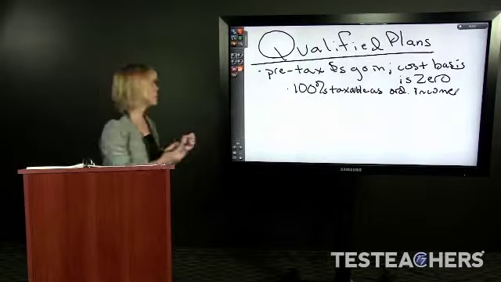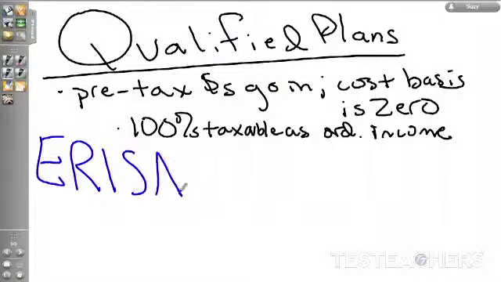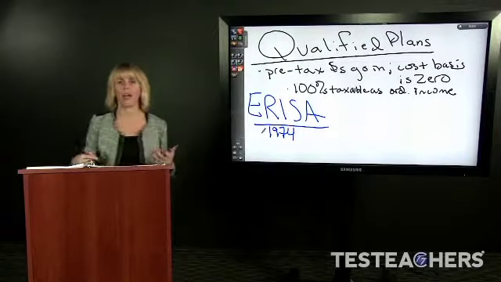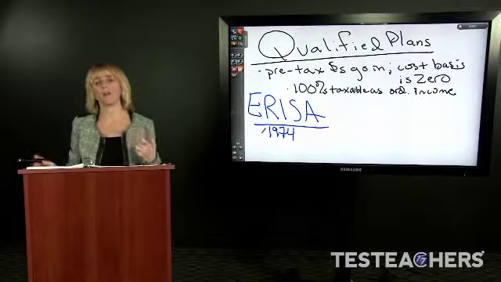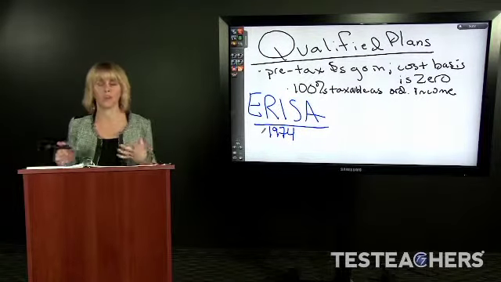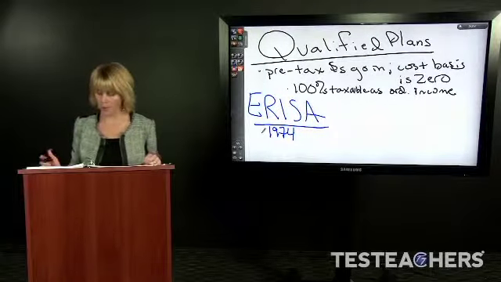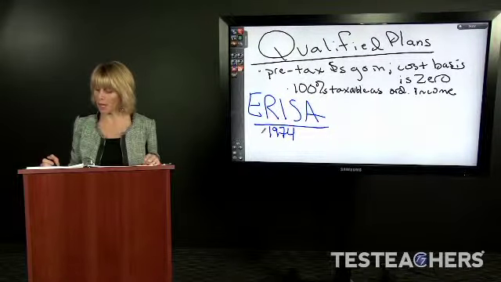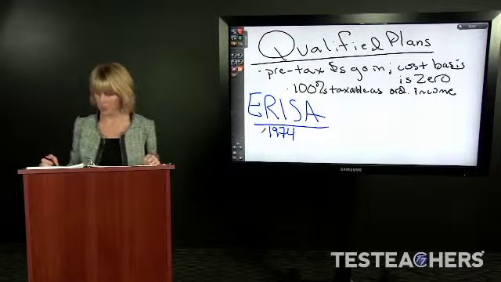Under ERISA, now ERISA stands for Employee Retirement Income Security Act. ERISA was originally passed in 1974. Before ERISA, you could work somewhere your whole life, and right before you were going to retire, they'd fire you, and then you'd lose whatever your employer had set aside in your qualified plan, which was just unfair. So ERISA sets forth certain guidelines that all qualified plans must follow. ERISA says that there are 2 types of pension plans: defined benefit plans and defined contribution plans.